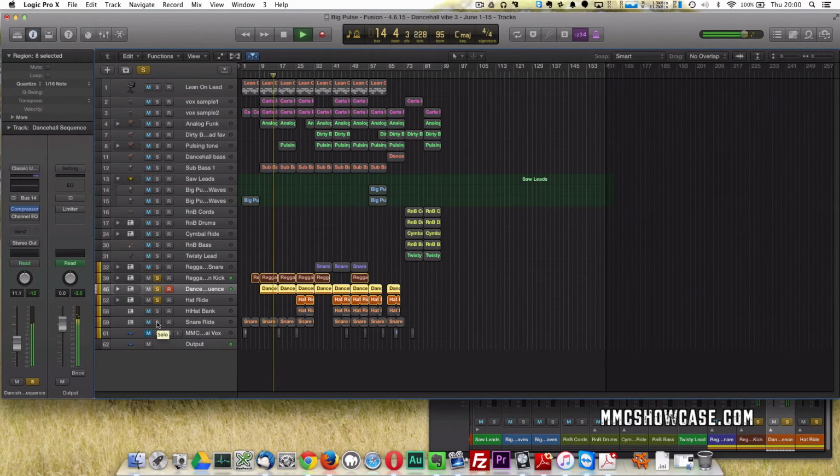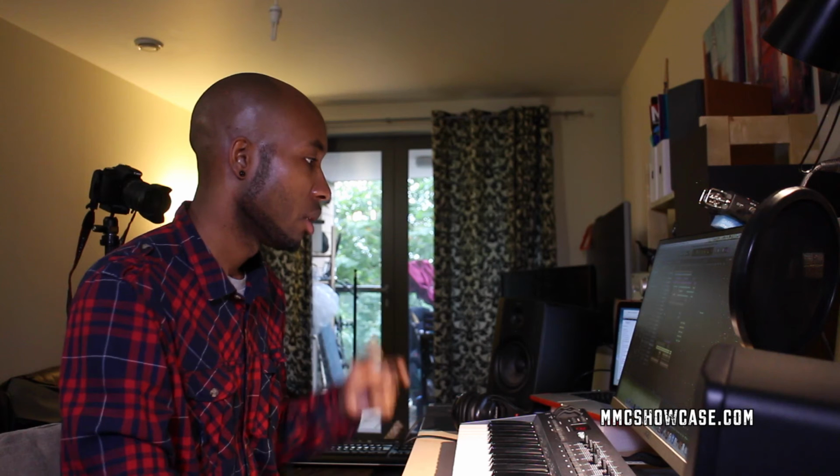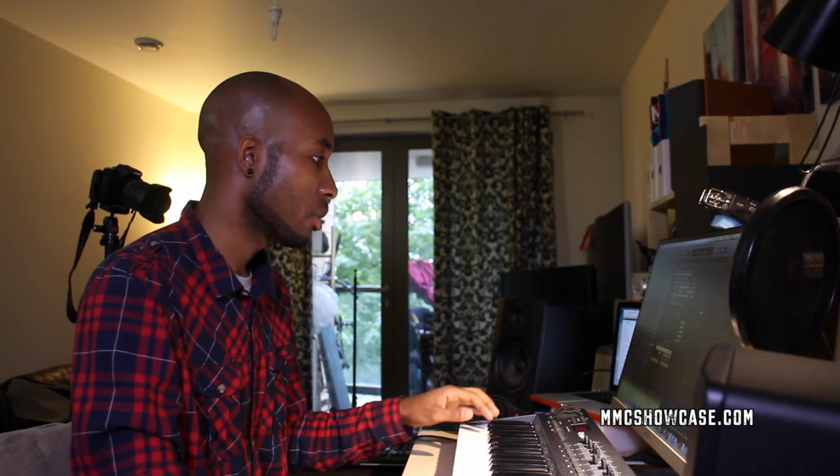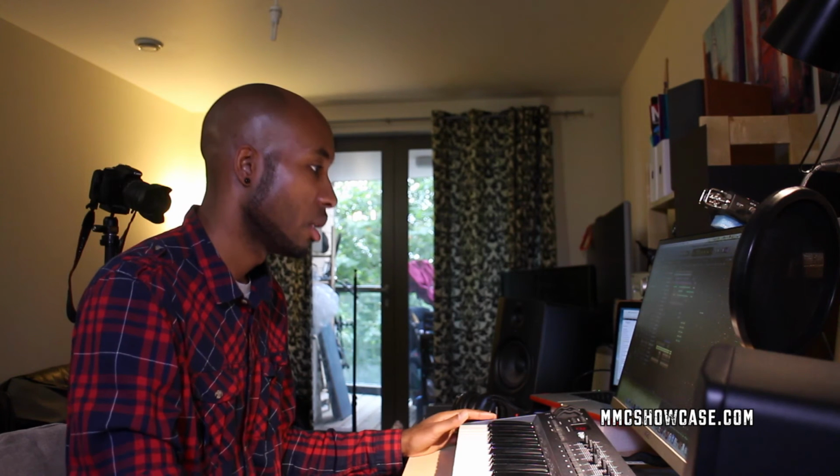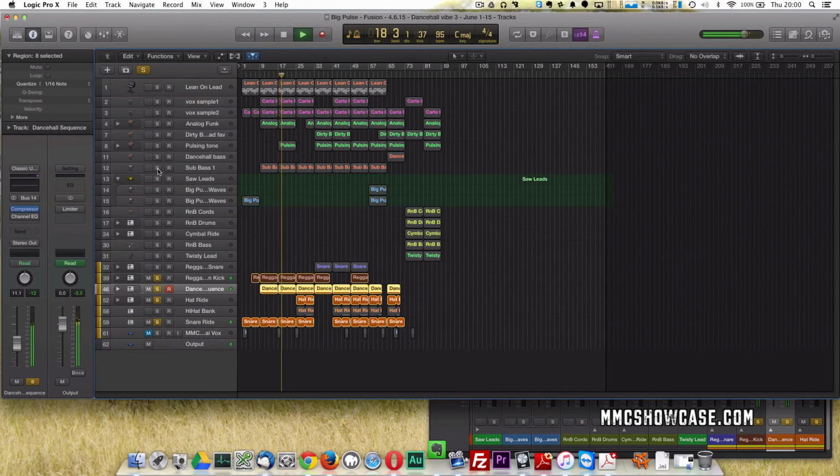And then there's another snare that I'm using as a ride. And if I bring in the bass and everything,